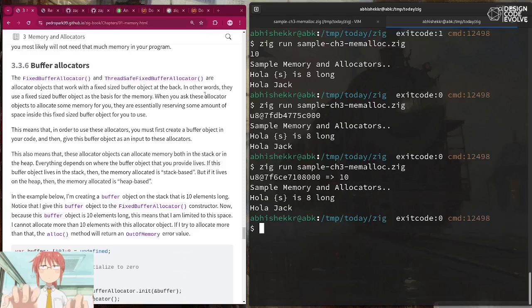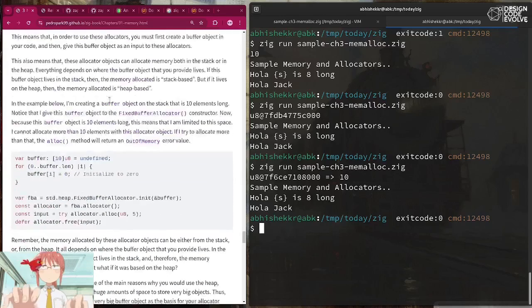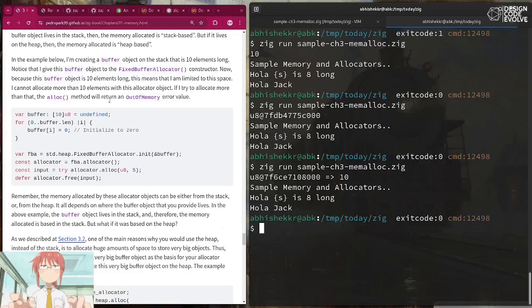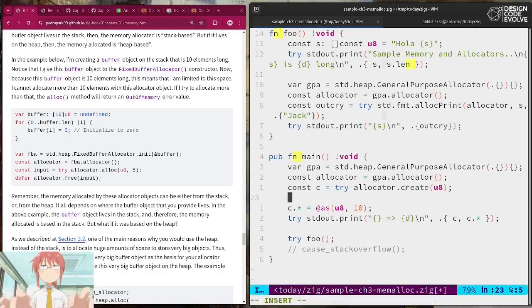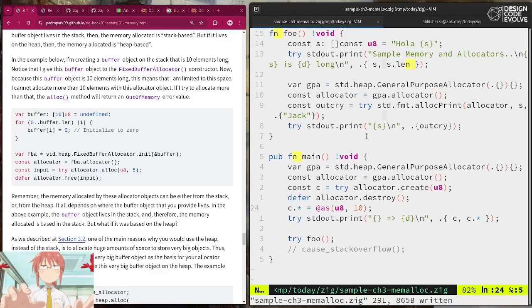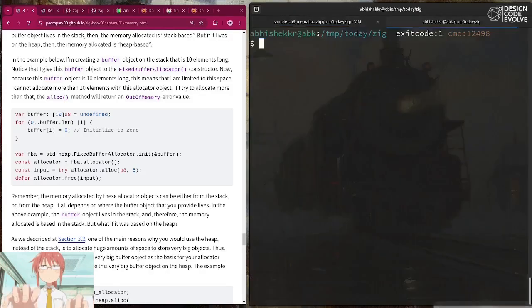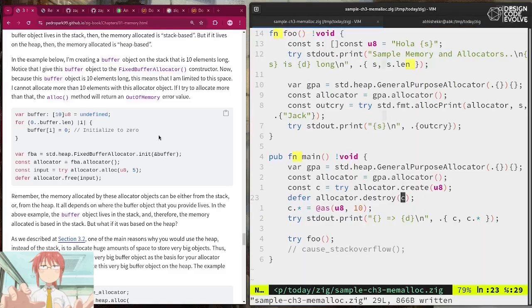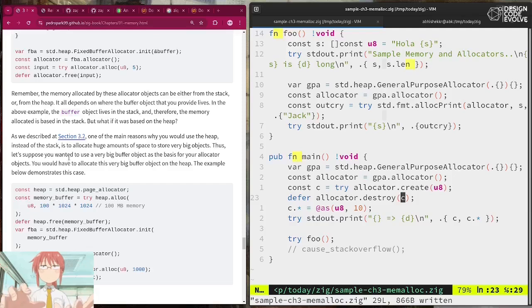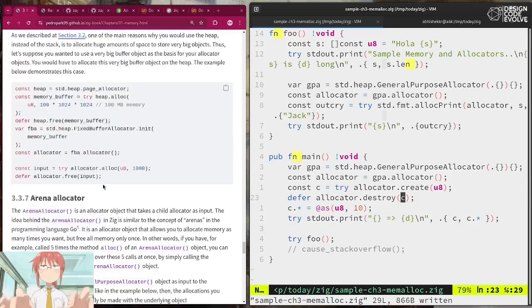With the fixed buffer allocator and thread-safe fixed buffer allocator, a fixed-sized buffer gets reserved in code and used as input for the allocator. Thus these can store memory in stack or heap. In the sample code, a stack-based fixed buffer allocator is being used to create a 10-element sized allocator. A heap-based fixed buffer allocator would be used when the size limit is maintained, but the size itself is large enough to pick heap. As in the second sample code for the section, a heap.alloc gets used to allocate 100 MB